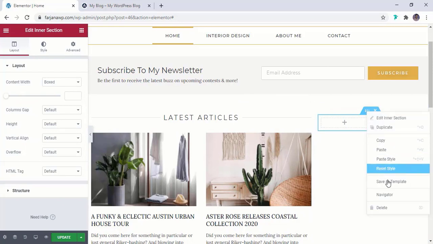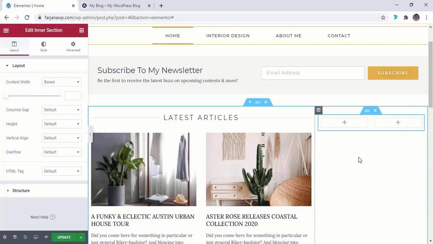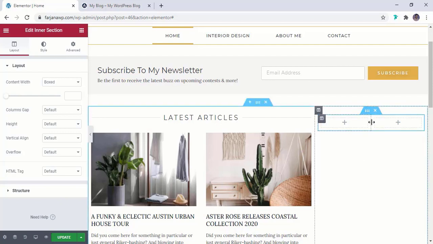And next time, if we want to use this sidebar for another page, single blog page or category page, or any other page as a common sidebar, in that case we can just import this template. So now I'm just removing this other column,